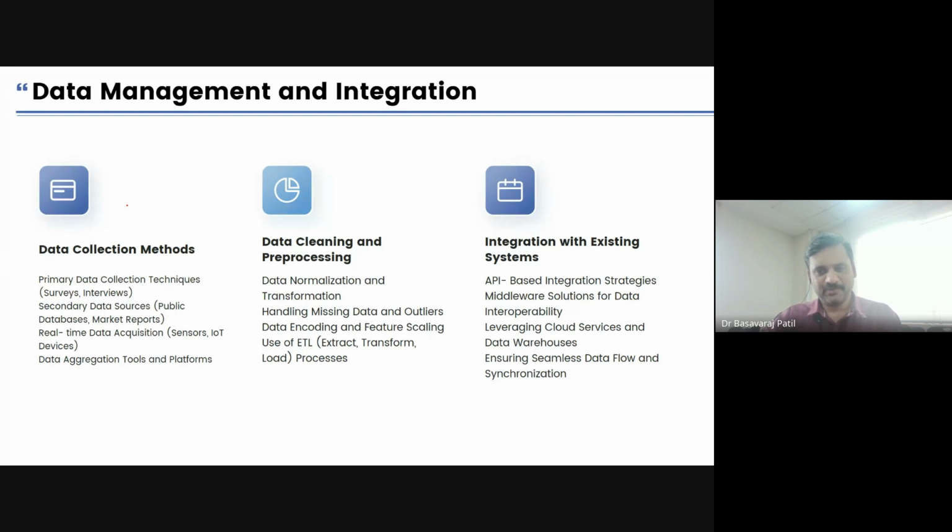Once I build the processed data, it has to be integrated with the existing systems. Accessing from anywhere needs a cloud. In the cloud, the data is stored somewhere else in the world, in data servers, and that has to be seamlessly accessible. For that, we should have a good internet connection. Then the authentication of users is most required. Nowadays, AI is getting into all these domains so that they verify customers, whether you are a new customer, an old customer, a regular customer, or a frequently using customer.